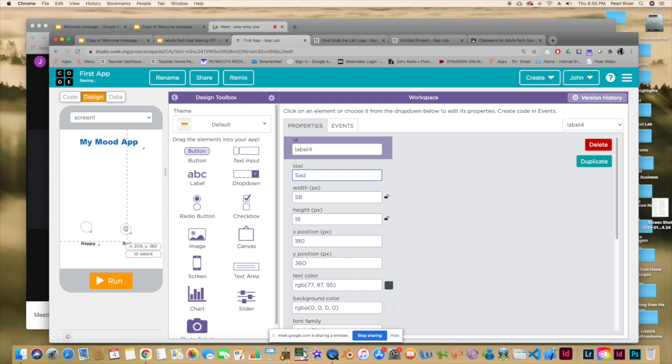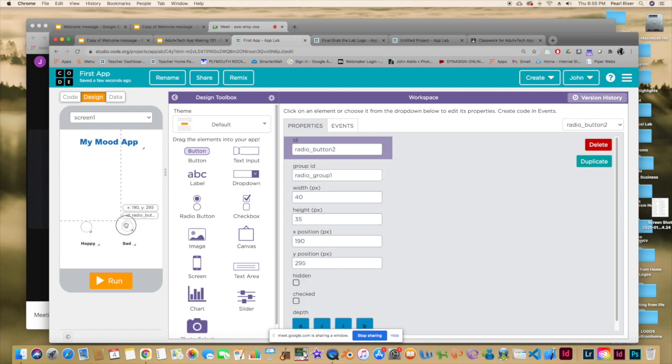Okay, so just to review, we have 3 labels on the page. We have 2 radio buttons. One says happy and one says sad. We need one more thing. We need an image. So code.org has some images for us to use. Eventually we're going to use our own images, but for now we're going to use one of code.org's images. So I'm going to click over the image tool, drag it in the middle,